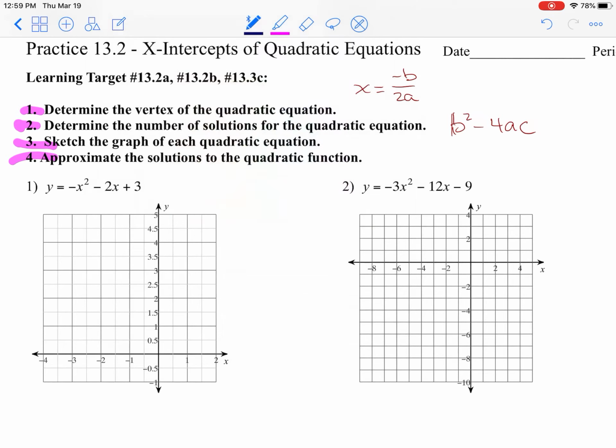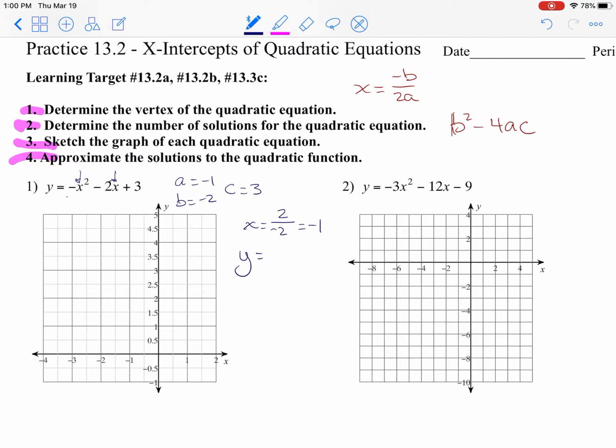First, let's do the vertex. So in my number 1 here, A is -1, B is -2, C is +3. So the vertex is the opposite of B, so +2 over 2 times A. 2 times -1 is -2. So X is -1. And if we substitute that value back into our original equation here,